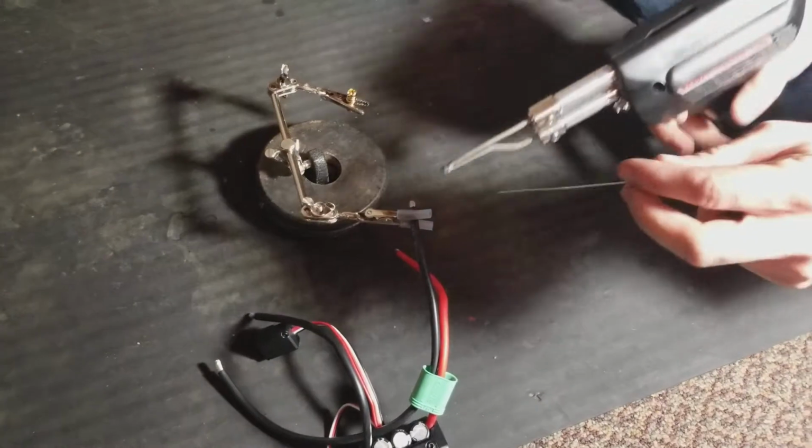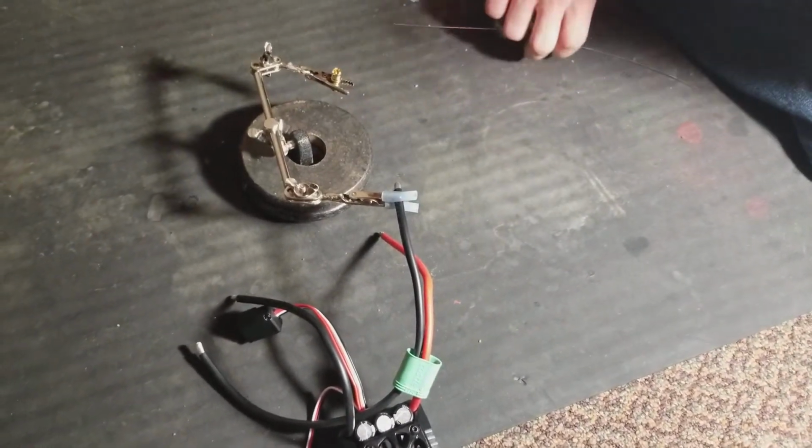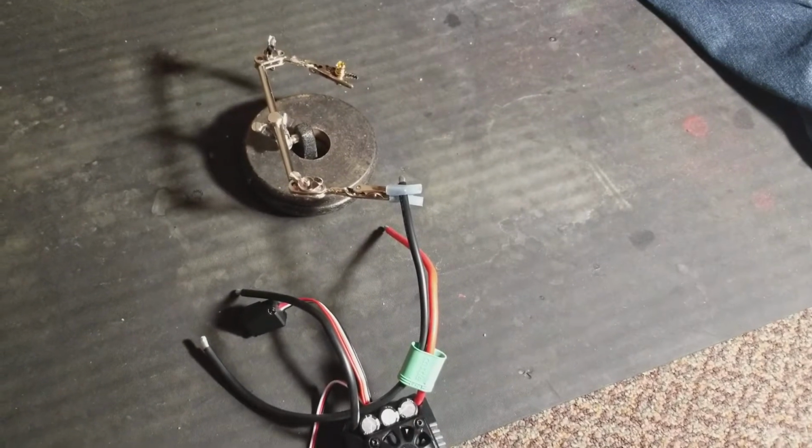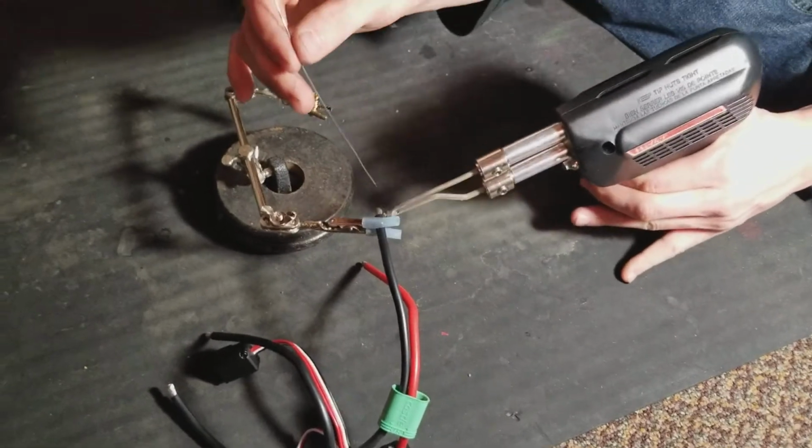Okay, it's plugged in. Now my hands, I'm going to try to do it without my hands being in the way, but I can't guarantee anything here. So I'm doing the best I can on this. So anyway, what you want to do,